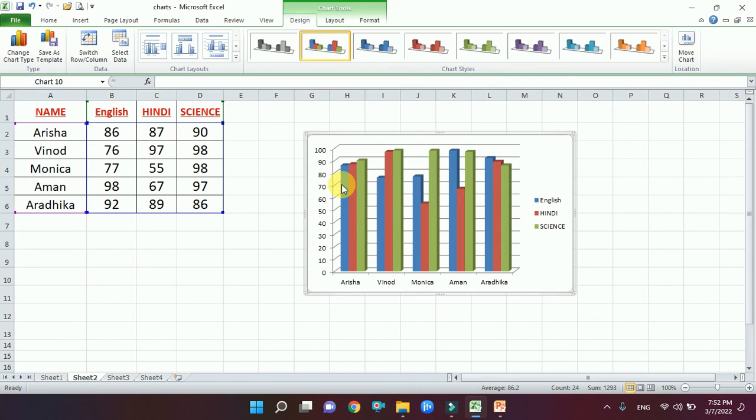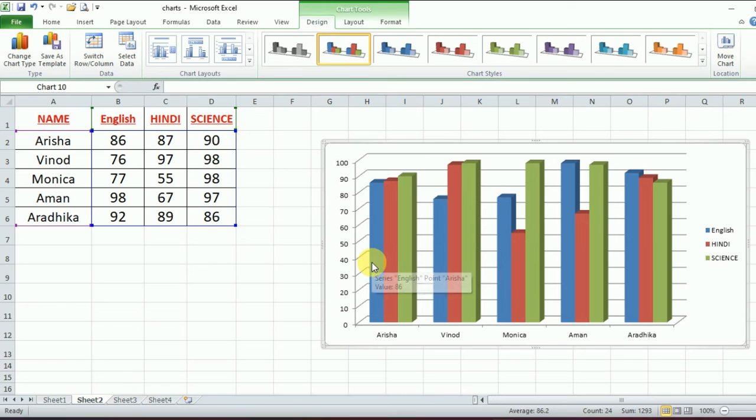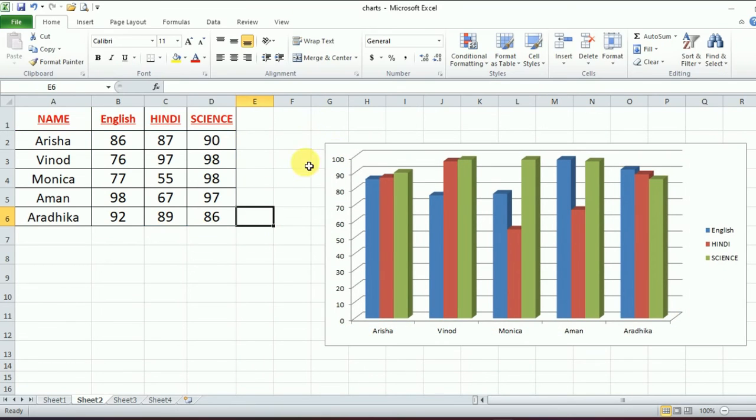Now you can see the multiple data of one student, right? So Arisha has data series of 3 colors. Blue is indicating English, maroon is indicating Hindi, and science is indicated by green color, right? Now after this, what we had learned,